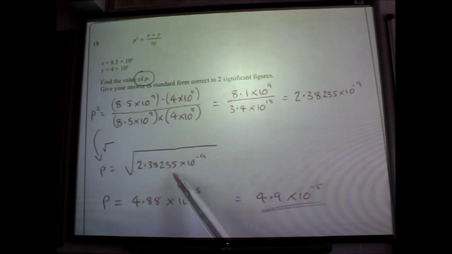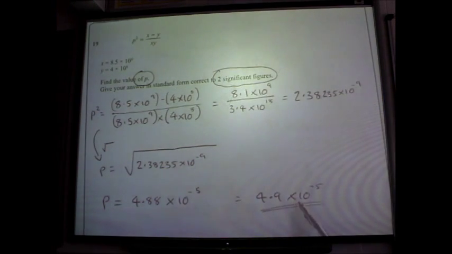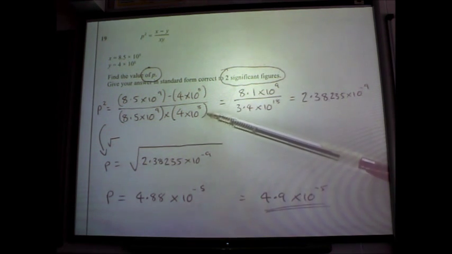We need to square root it to get what p is, which is 4.88 times 10 to the minus 5. But it does say give your answer to two significant figures, which is why it is 4.9 times 10 to the minus 5. When you enter this into a calculator with these questions,